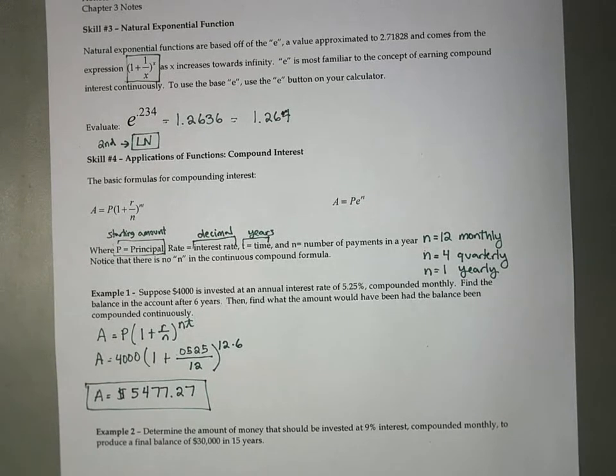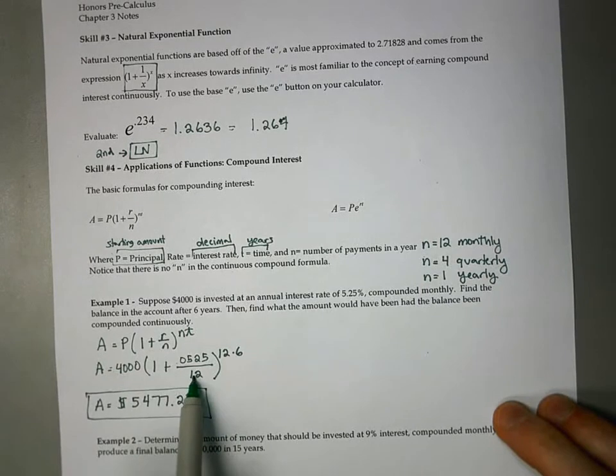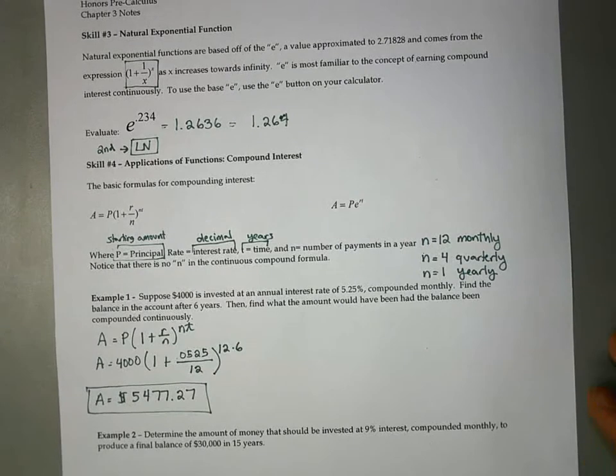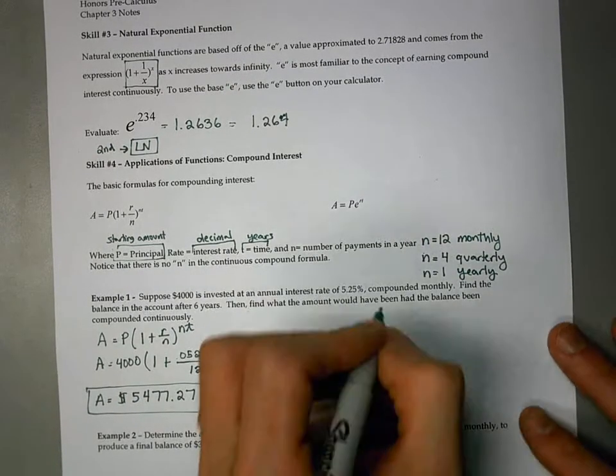Be sure that you do your order of operations correctly, where first you do inside your parentheses, then you're going to raise that to the 72nd power, which is what 12 times 6 is, and that entire result you're going to multiply by 4,000. The second part of the problem then asks for us to solve compounding continuously,